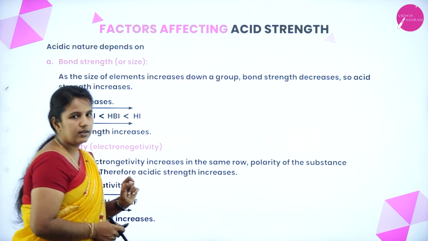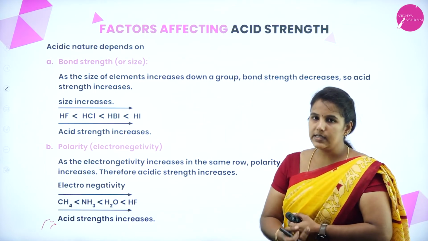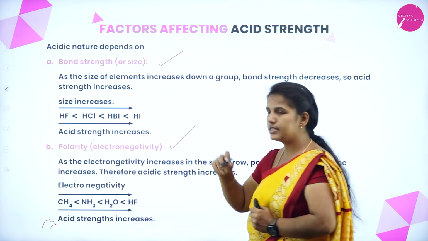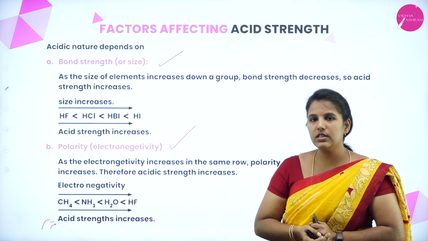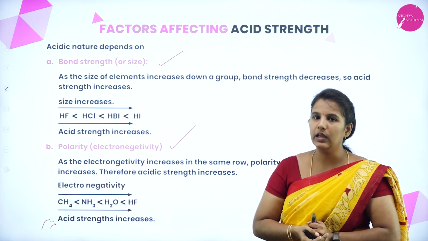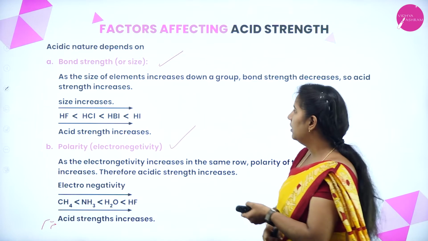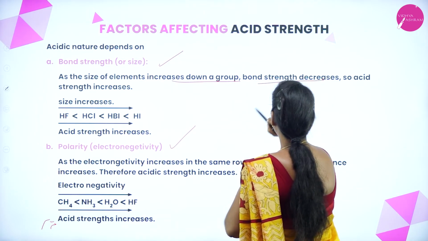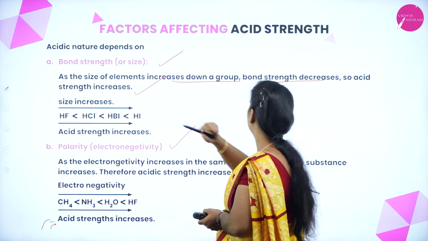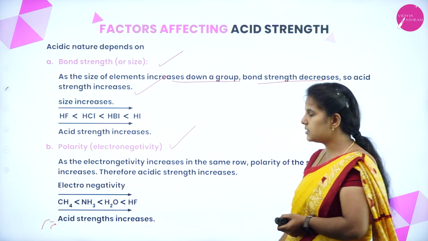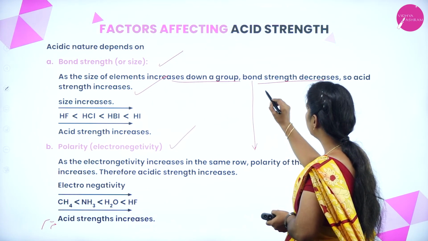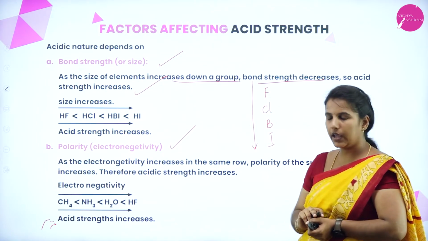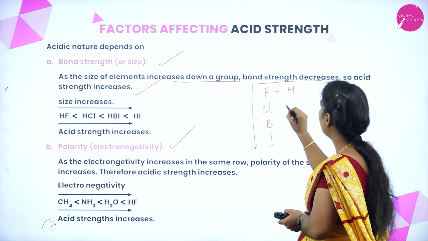Next, we have the factors which affect acid strength. We have only 2 factors. One is bond strength, the other one is polarity. Let us understand how bond length as well as polarity affects the acid strength. As the size of the element increases down the group, the bond strength decreases, so the acid strength increases. As we move down the group, that is with fluorine, chlorine, bromine and iodine, what will happen if it forms a bond with hydrogen,